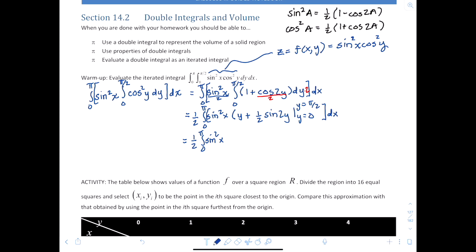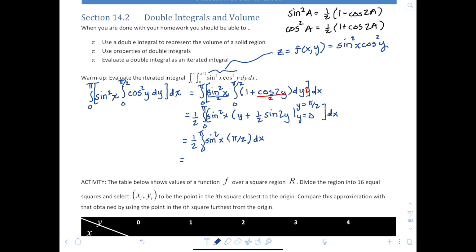So our upper limit is going to be pi over 2 plus sine at 2 times pi over 2, which is sine at pi, which will zero out. So I will have just pi over 2. All right, and then dx,